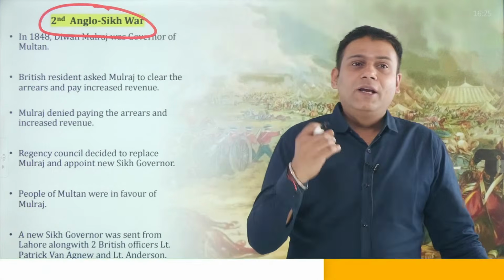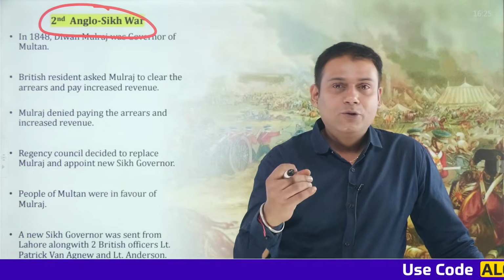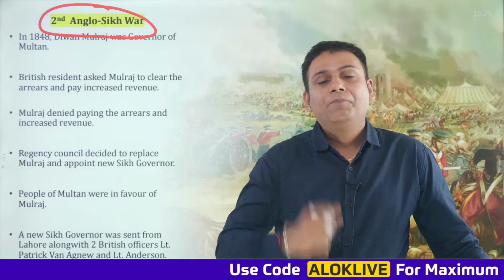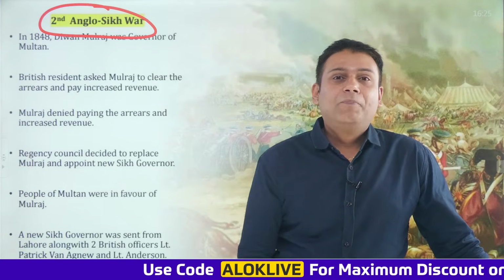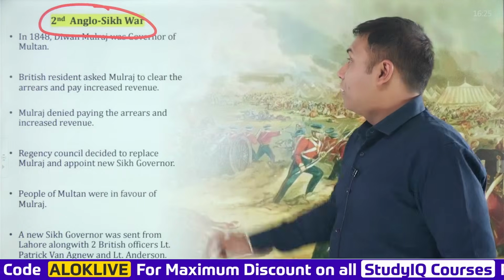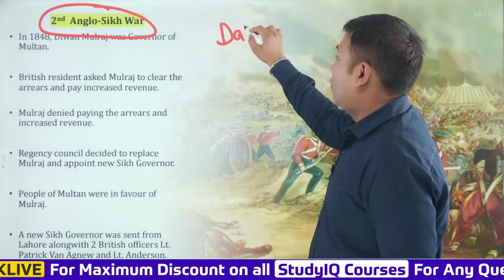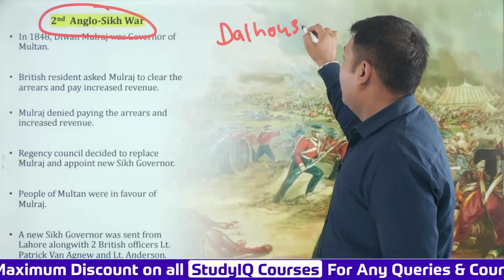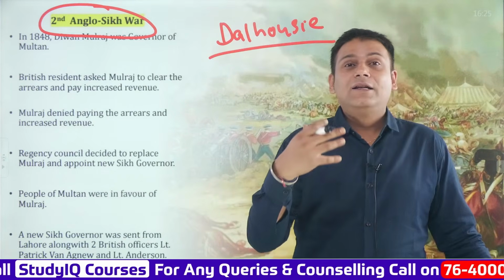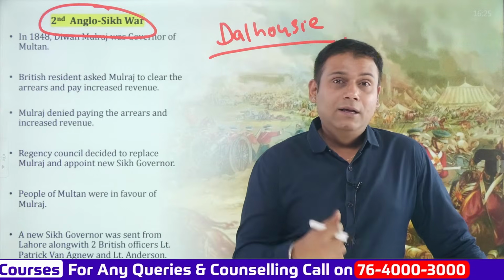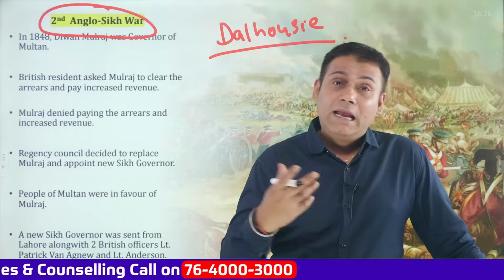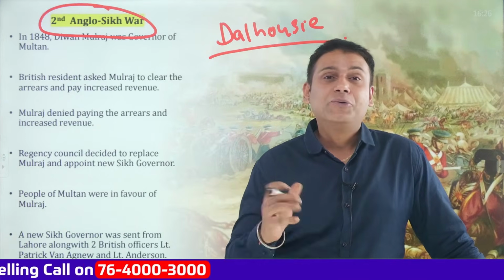Now pay attention carefully. Within the next 10 minutes, we are going to understand the Second Anglo-Sikh War and end today's session. My friends, we have studied the important Governor Generals, and in that we studied one of the most important, whose name was Dalhousie. As soon as the name Dalhousie comes, the first thing that strikes our mind is the passenger railway, then the doctrine of lapse and so on.